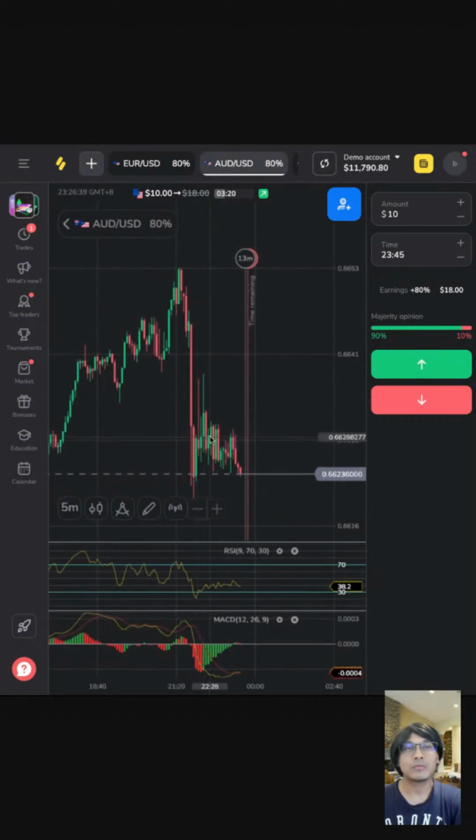Okay, so the smaller time frame is trying to go down. Although it's up there above 30%, it's still trying to go down. That means the negative mood in the market is still there. And then the 15 minutes